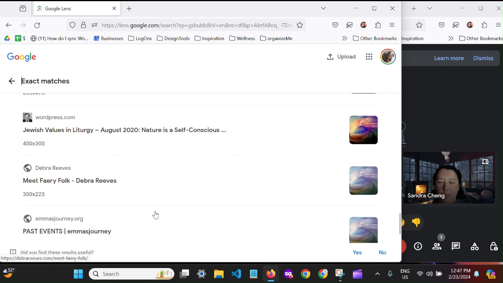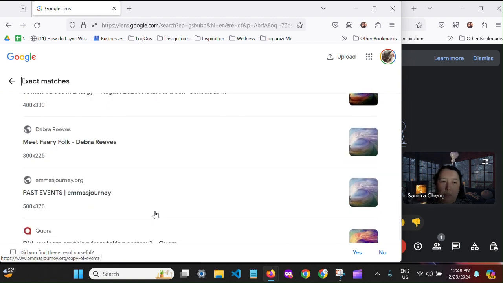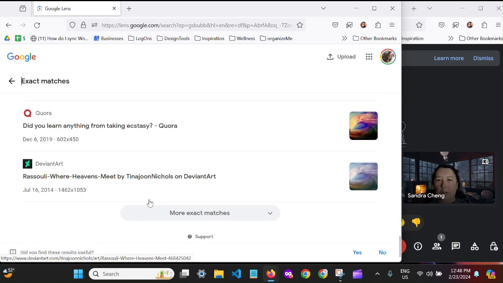One of the other kinds of things I look for is if it's in a gallery, or if it's a painting, or if it's something that's offered in a catalog of other images like Unsplash or Pixabay or, I don't remember the names of the other ones, Getty Images maybe. So here we can see